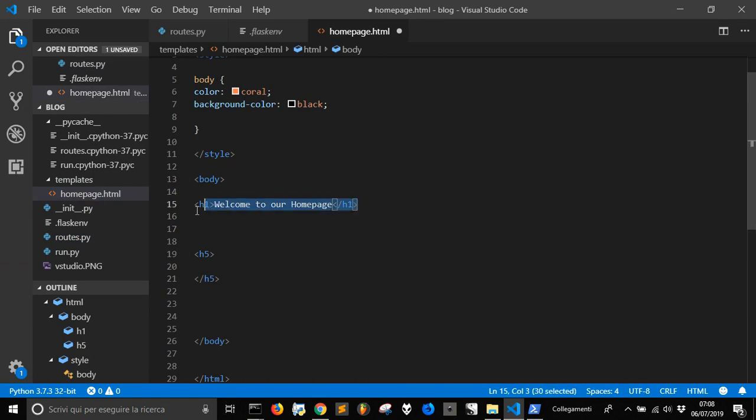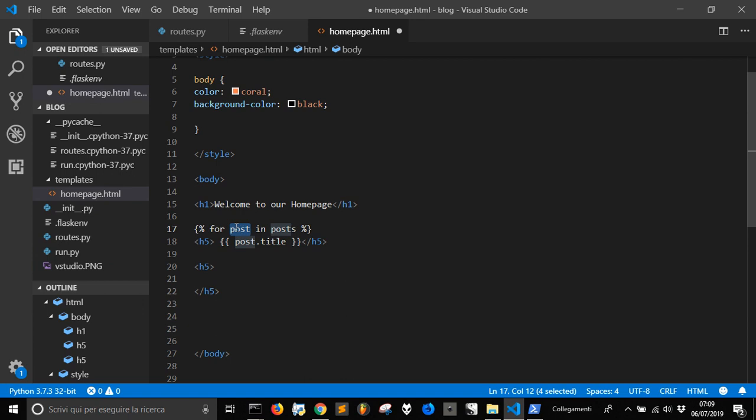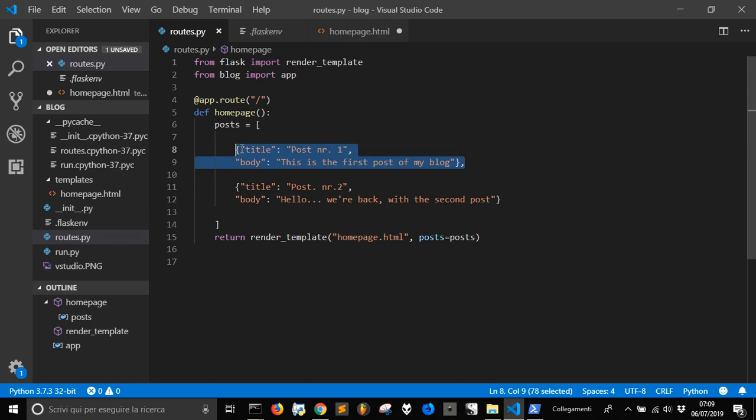After this welcome title here, we will create a for loop in this way with for post in posts. We are going to put the title here, and the data will go with these double curly brackets, and here we are going to put the post title. There is this one, post title, without the S because we are referring to this one. For each post, that means for each of these data here, dictionary, we are going to show the post title